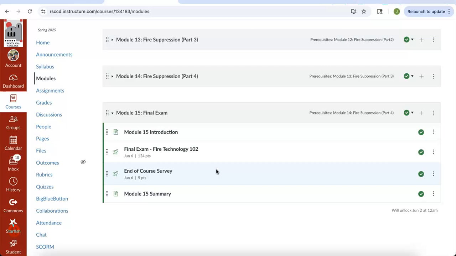So again, a couple of reminders. Everything has a due date of Friday, and then on Sunday the 8th, you will no longer be able to get credit for any assignments that are turned in after that. So grades are due next week. I'll be wrapping up grades. I typically try to wrap up grades Monday morning and send those off so that I'm done. So if you don't have your assignments in by Sunday, you're not going to get credit for those. If you have any questions or difficulties, go ahead and email me.